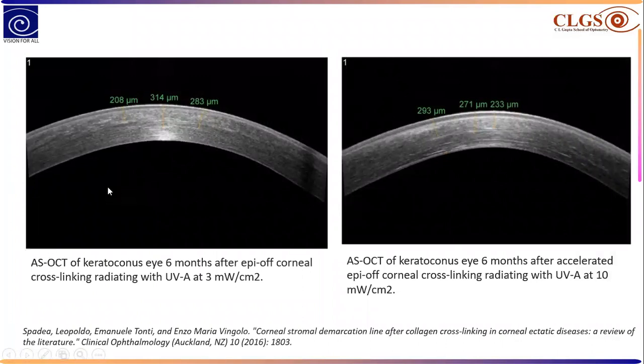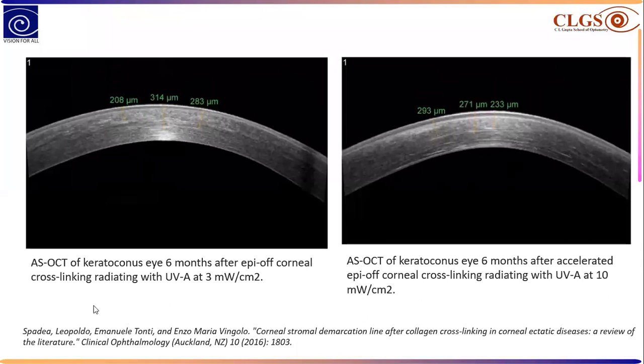So this is the anterior segment picture of a cornea that has undergone C3R. If you see in the first picture, here we see a demarcation line in this area. And we can measure this demarcation line with anterior segment OCT. Here it is showing a demarcation line of 314 micrometers. We have to check at the center, because in the periphery, of course, it would be less. So the center is important.